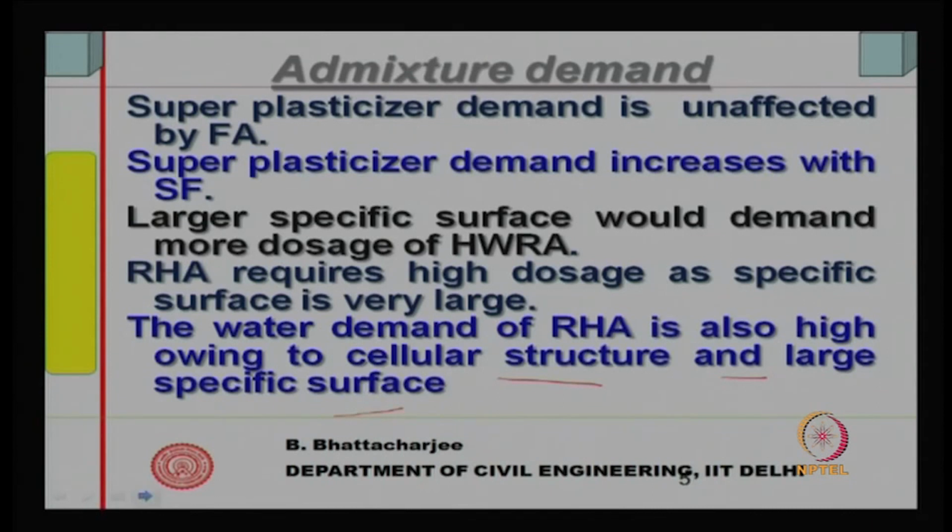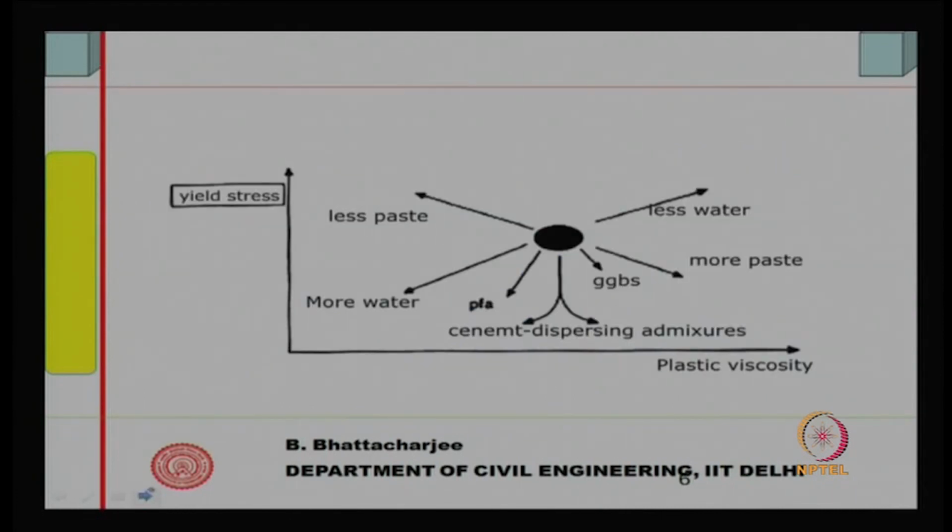So, on one side is the fly ash, which has the least effect on the superplasticizer demand, and the extreme is rice husk ash, which has the highest high range water reducing agent demand. Silica fume is somewhat less than rice husk ash. GGBFS also will show something like this. So, this diagram shows you the rheological characteristics, which we will discuss sometime later on when we talk of fresh